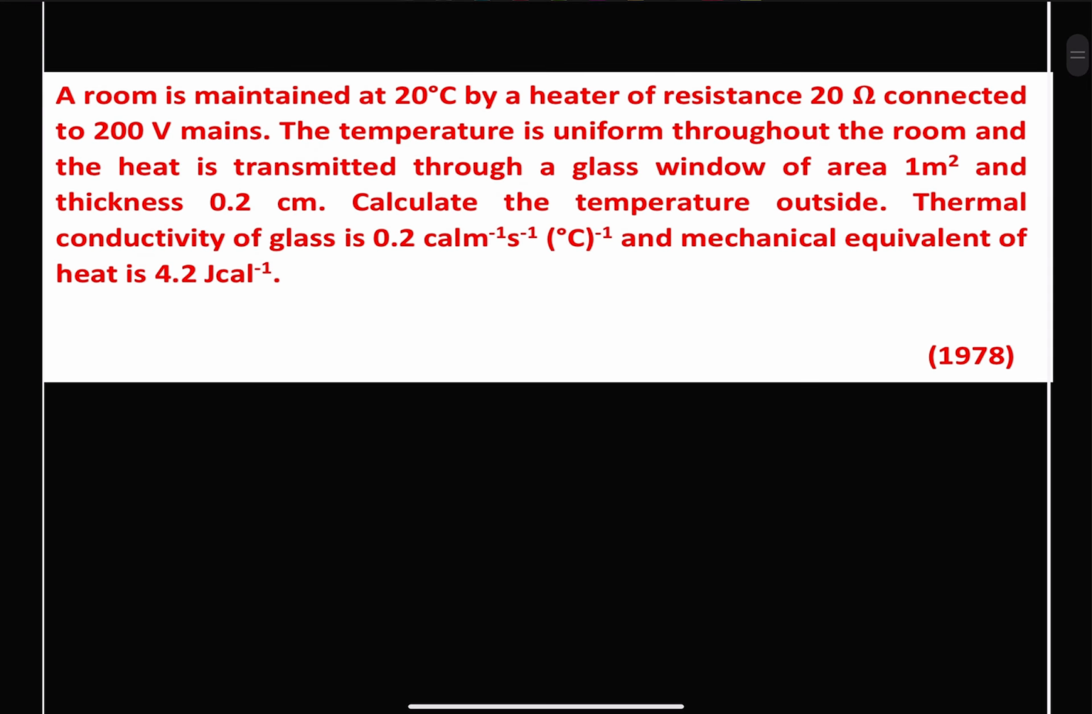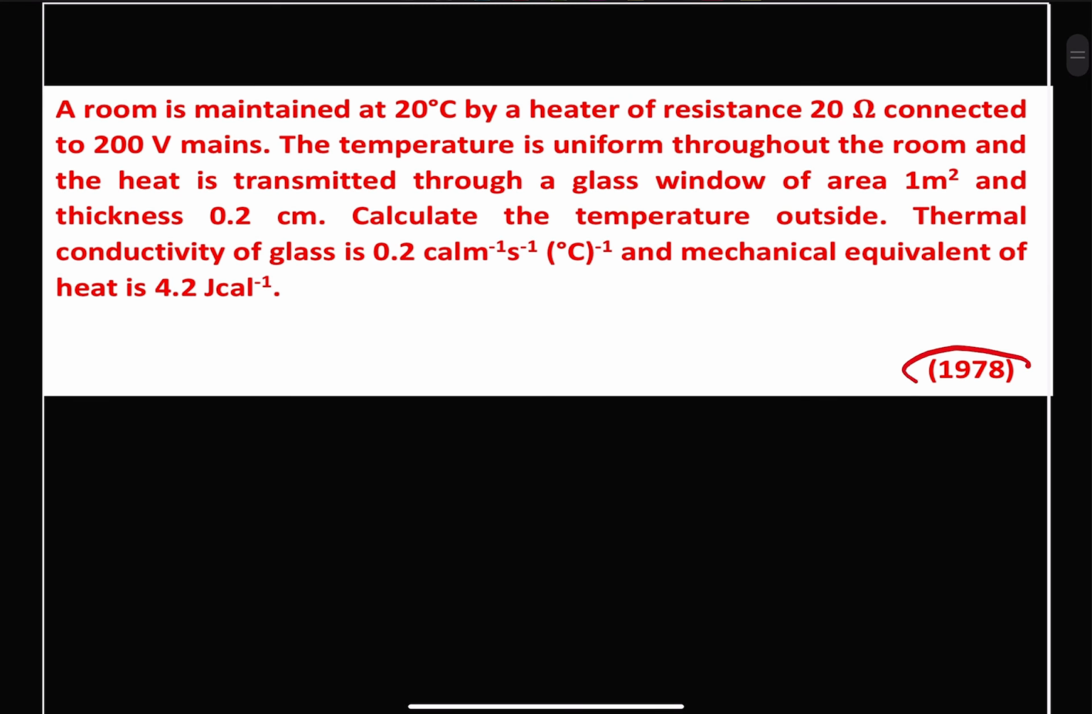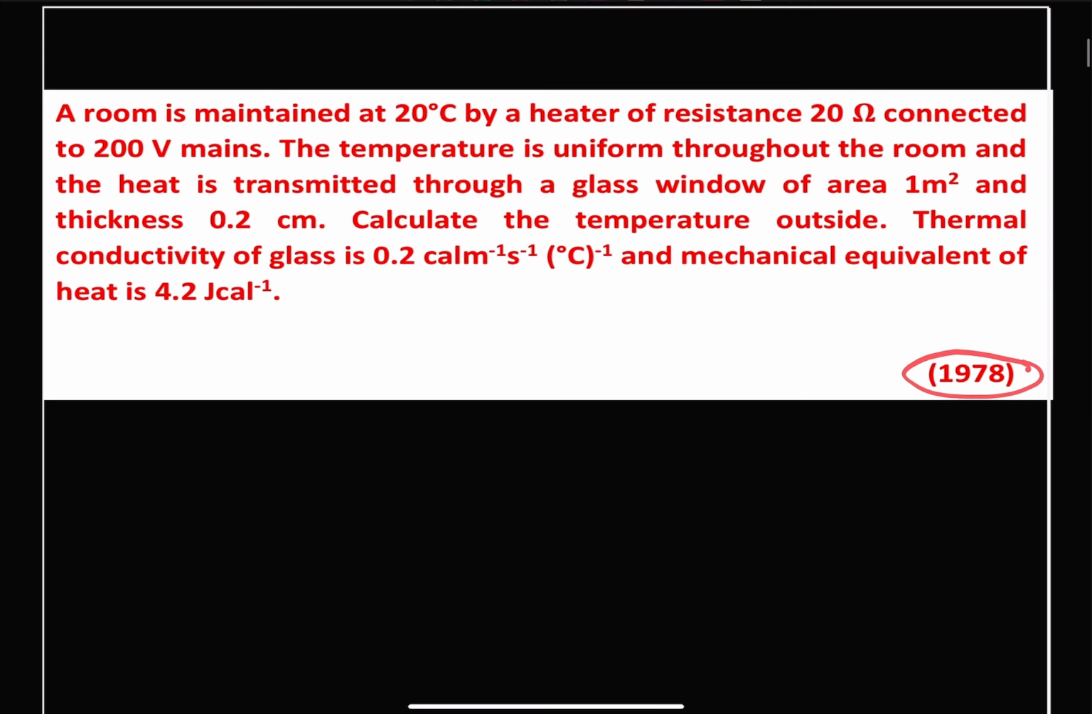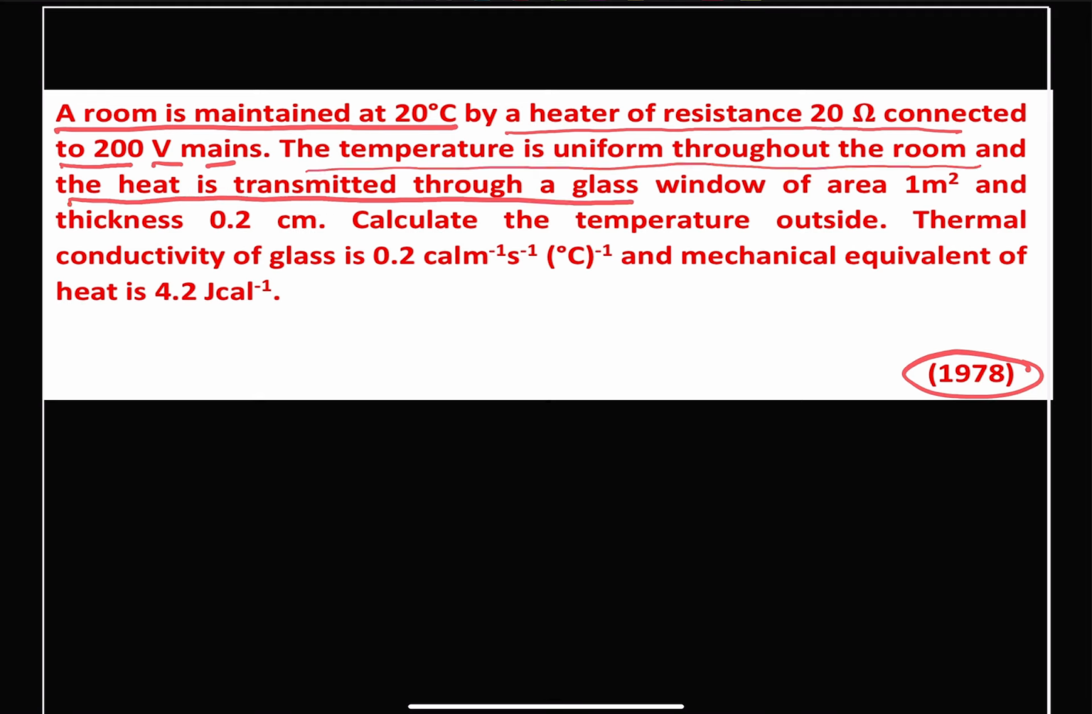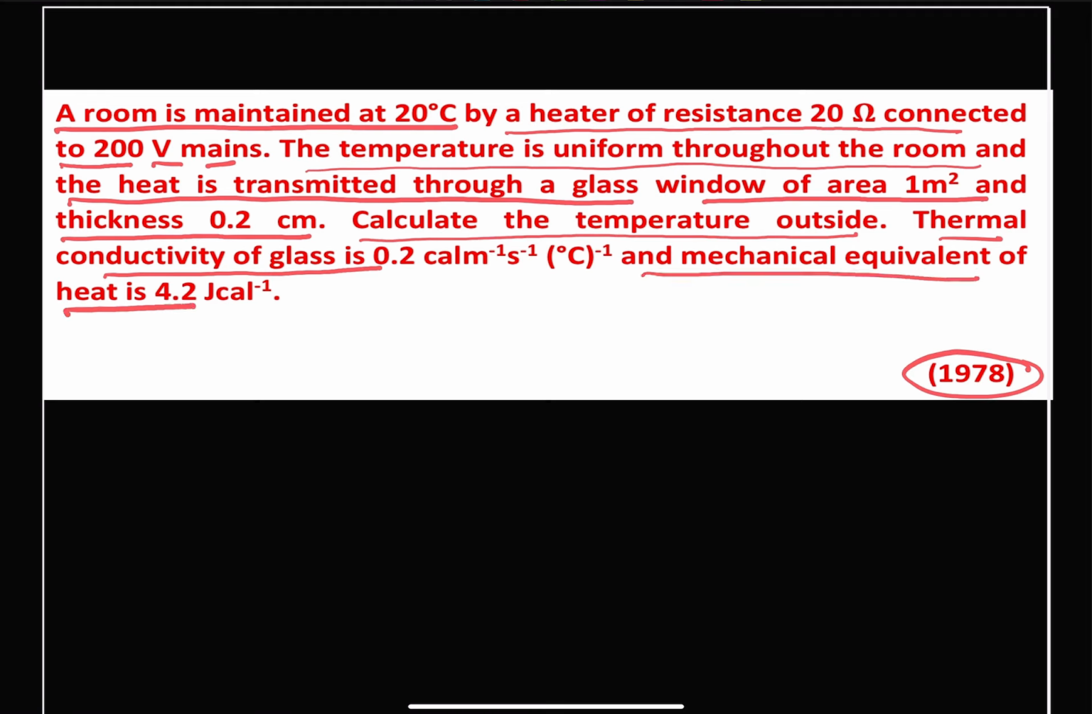So the first one was asked in the year 1978, and it states that a room is maintained at 20 degrees centigrade by a heater of resistance 20 ohm connected to a 200 volt mains. The temperature is uniform throughout the room and heat is transmitted through a glass window of area 1 meter square and thickness 0.2 centimeter. Calculate the temperature outside. The thermal conductivity of the glass is 0.2 and the mechanical equivalent of heat is given as 4.2. Okay. So in this case,